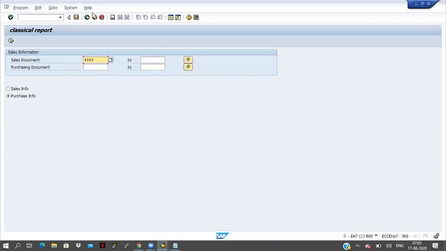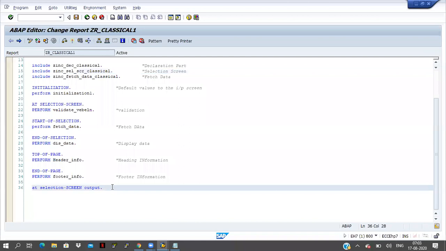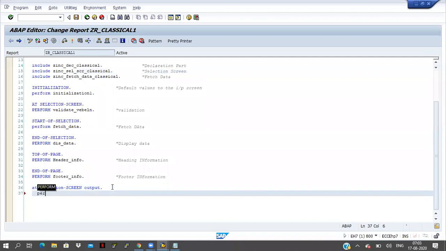This is possible through the at selection screen output event. When I click on a radio button, the input fields are changing here. So for that we have to go for at selection screen output. For this one also I will take one perform.